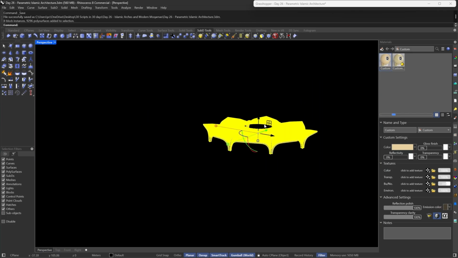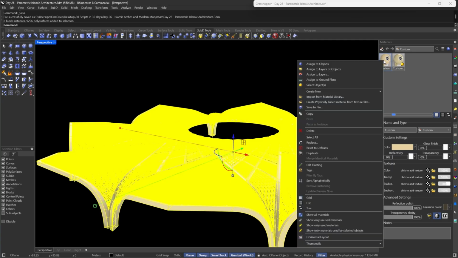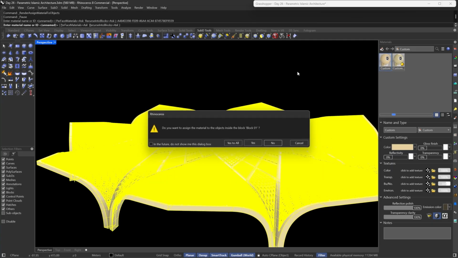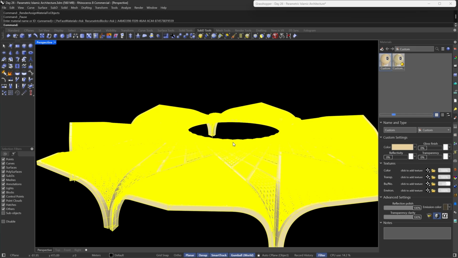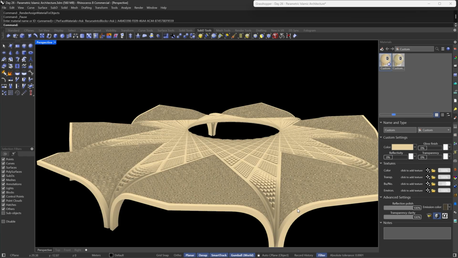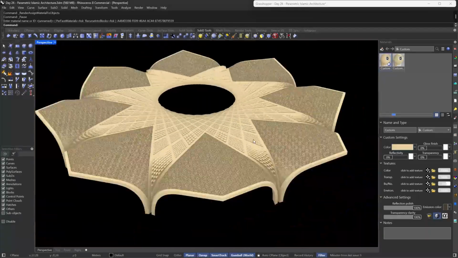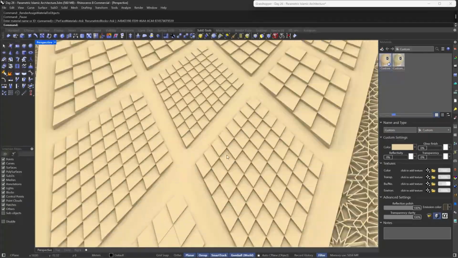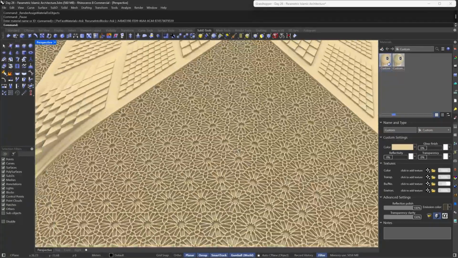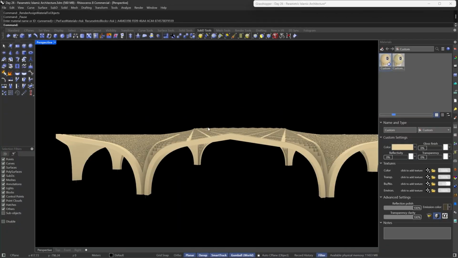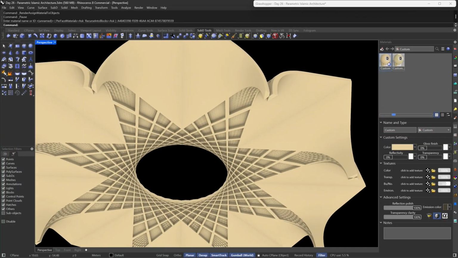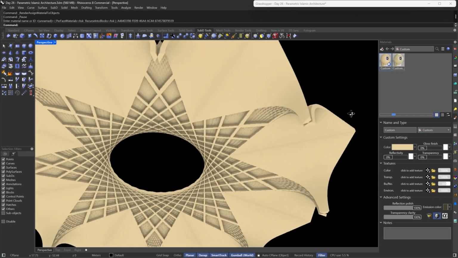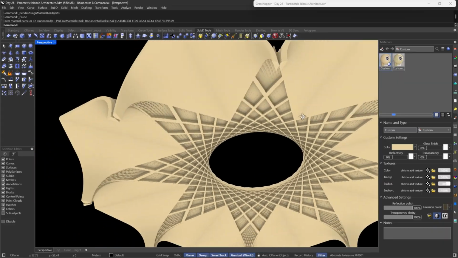Let me just grab everything and just assign this material instead. Yes to all. And yes, I think this material is way much better because I don't want any reflectivity. It looks much better in here. Okay, that's great. I think one more thing we need to do is to